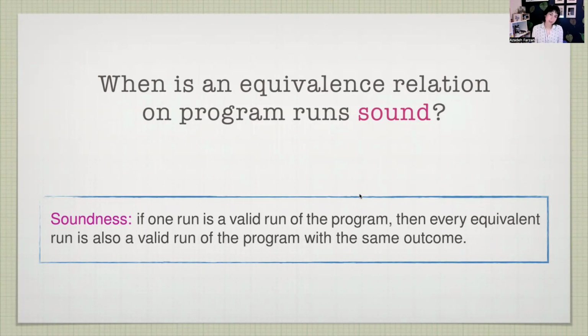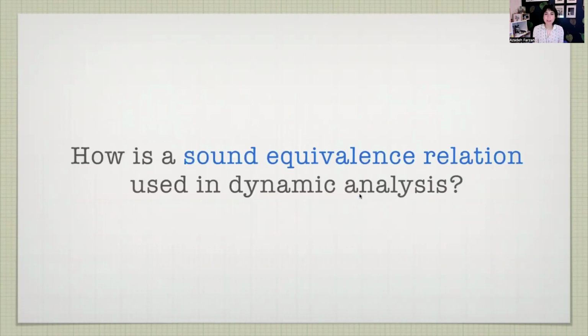I understand that "the same outcome" may not be precise enough for people, but I suggest you let that part go, because it's not really the goal. It's the thing that serves the actual goal. The part that we really care about is that the equivalent run is also provably a valid run of the same program. This is the key thing that we care about with equivalence relations in this particular context. All of this will become clearer as we go. Let's leave it at that for a second.